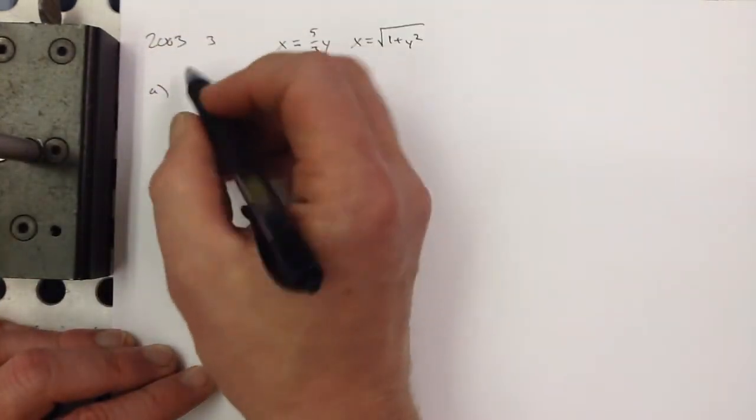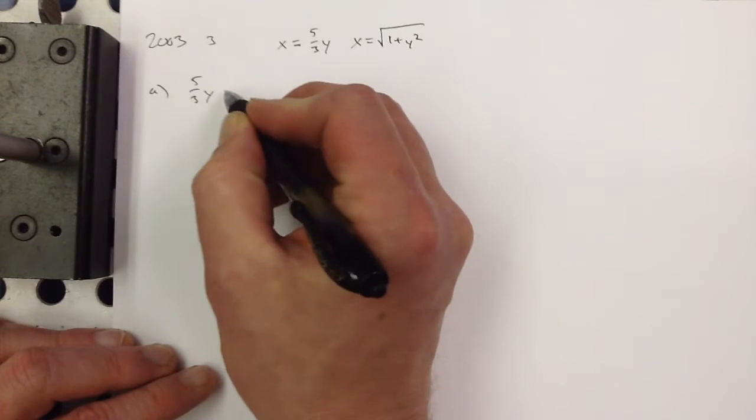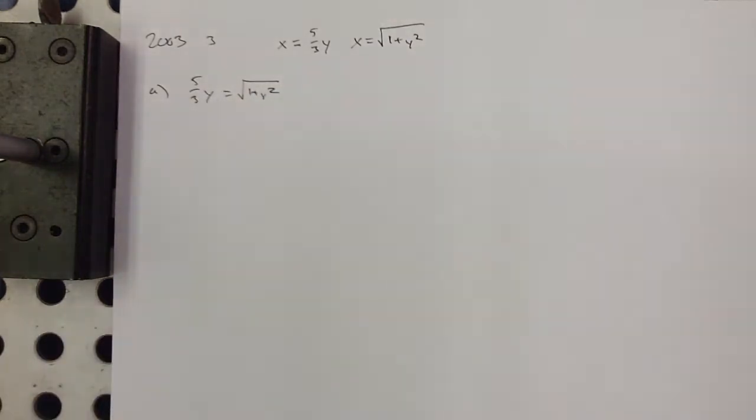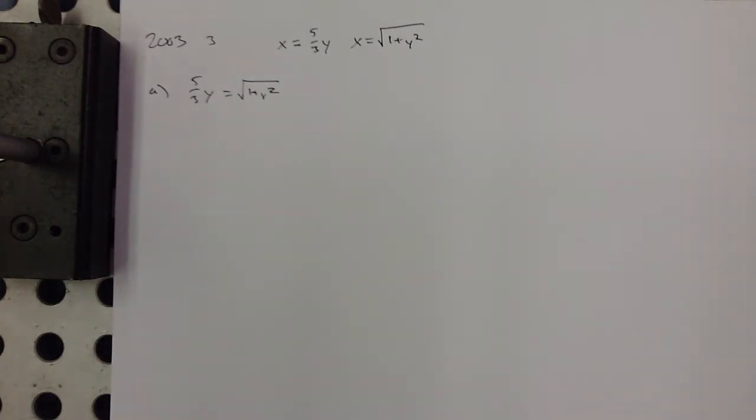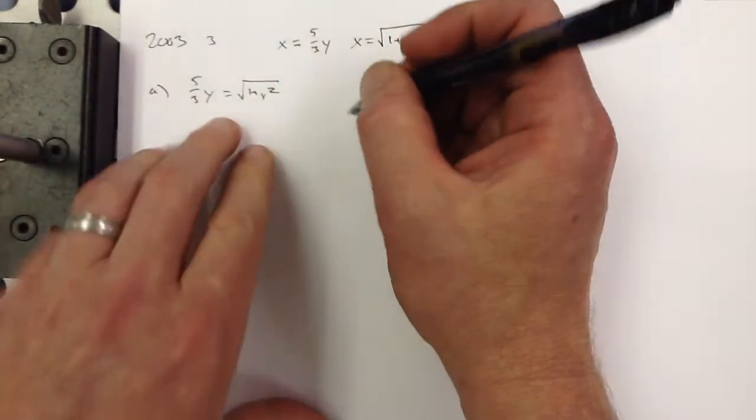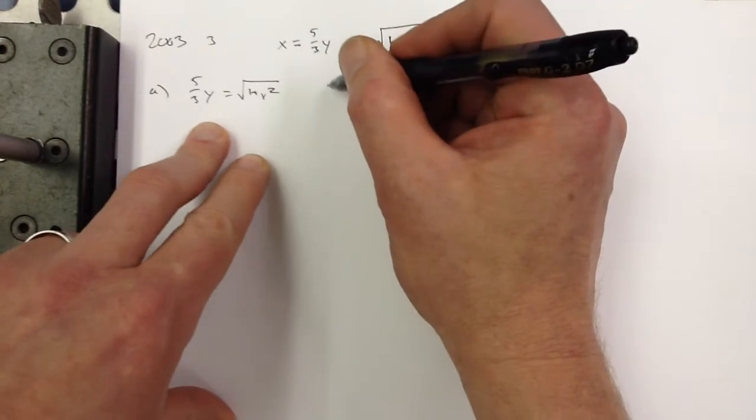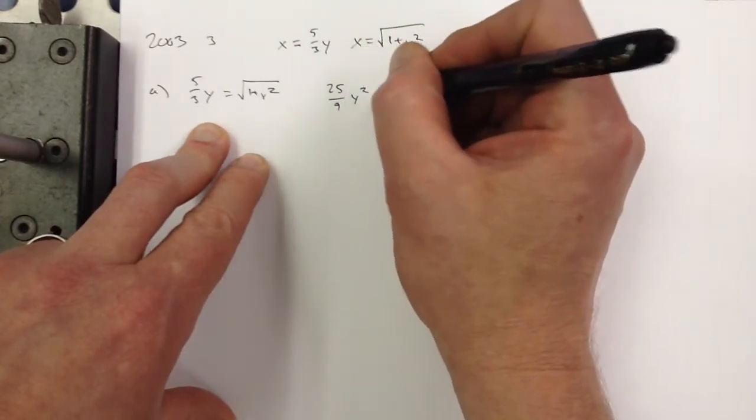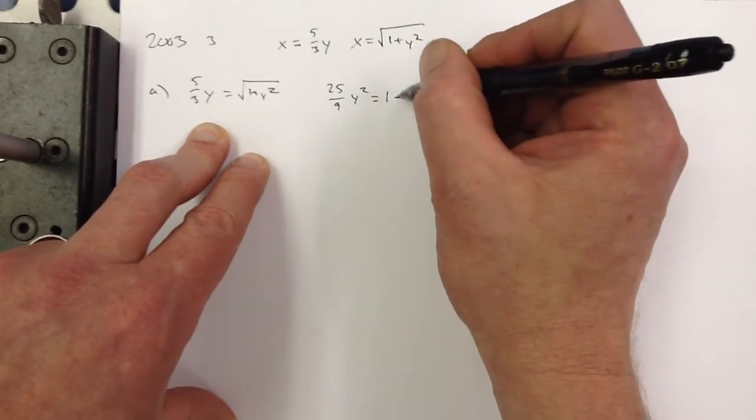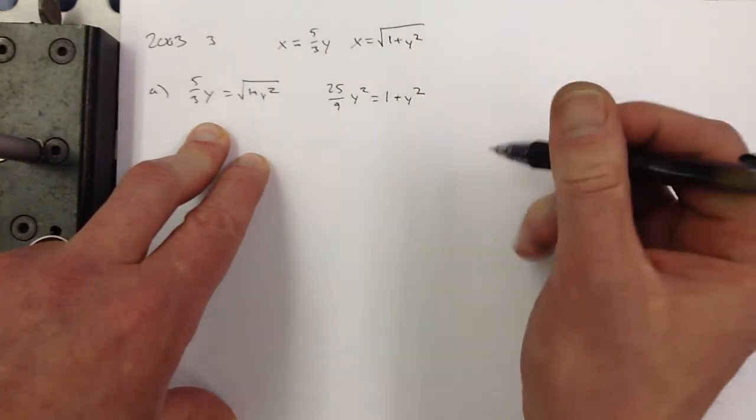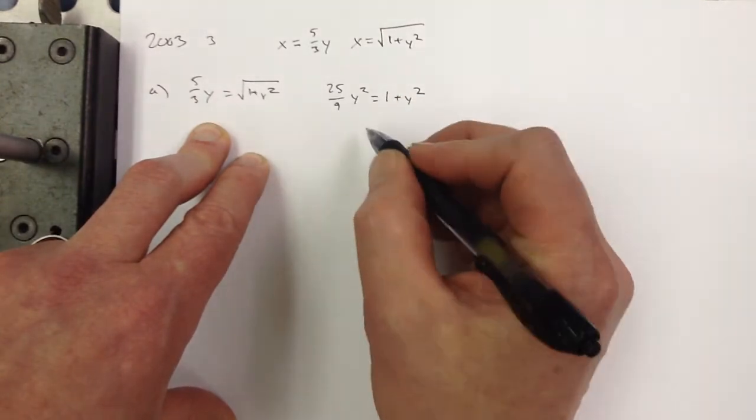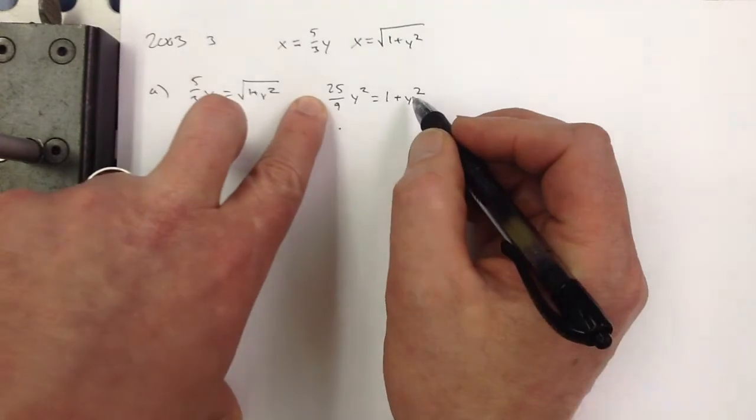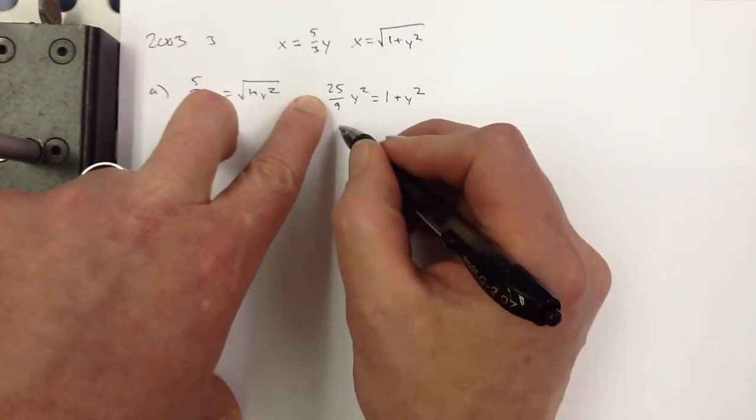So for the intersection point, I set those equal to each other. 5/3 y equals the square root of 1 plus y squared. I guess you could do that by hand. You could use your calculator, of course, right? And that would be 25 over 9 y squared is equal to 1 plus y squared. So subtracting that over here, that's 9 over 9, that would give me